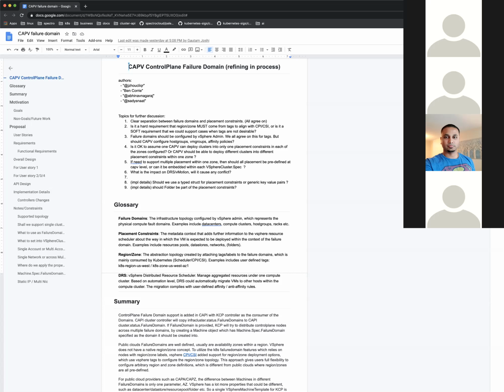Being able to create that VM group allows us then to create anti-affinity rules for the VMs. So having that permission could be very beneficial in other use cases within CAPV to offer different levels of high availability. Makes sense.